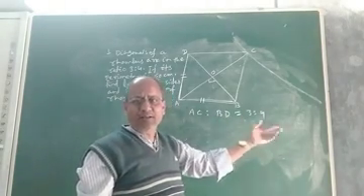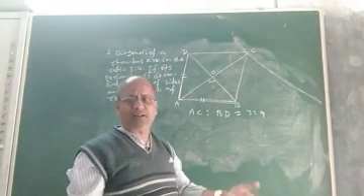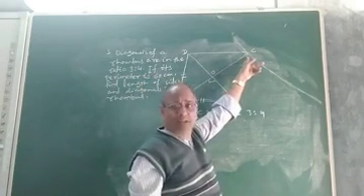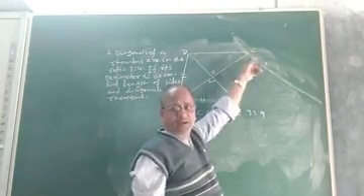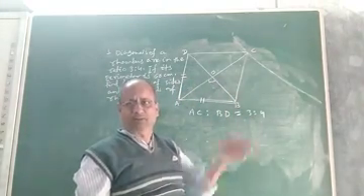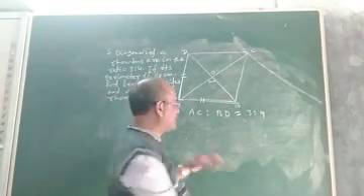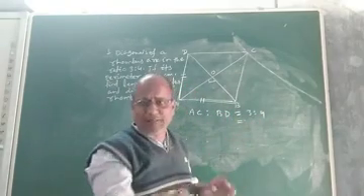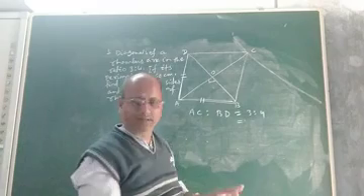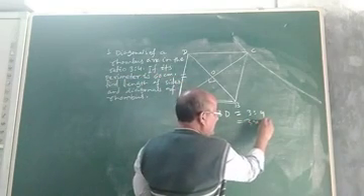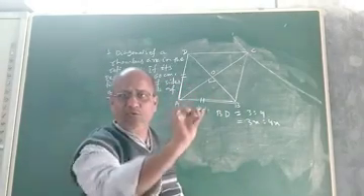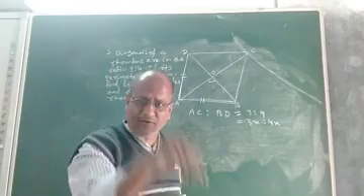So what does it mean? If we say that two diagonals are in the ratio 3:4, it means if one diagonal AC is 3 parts, then the other diagonal BD will be 4 parts. In the language of mathematics, we can say that AC and BD are in the ratio 3:4 means if one is 3x, the other will be 4x, where x is some unknown whose value we have to find out.